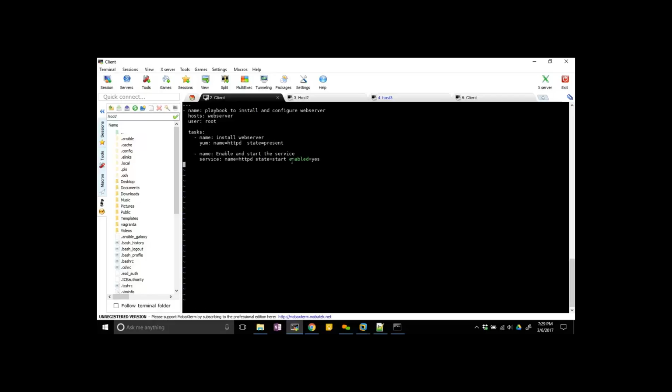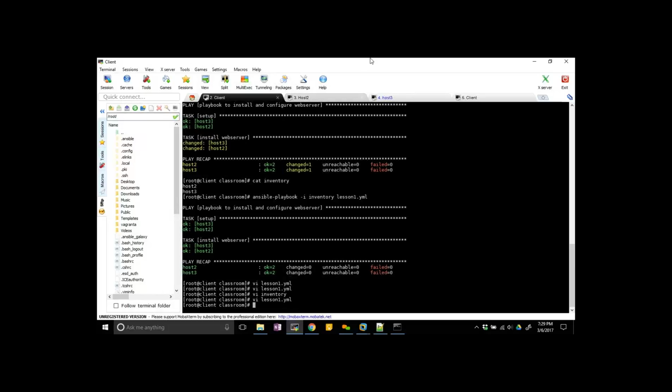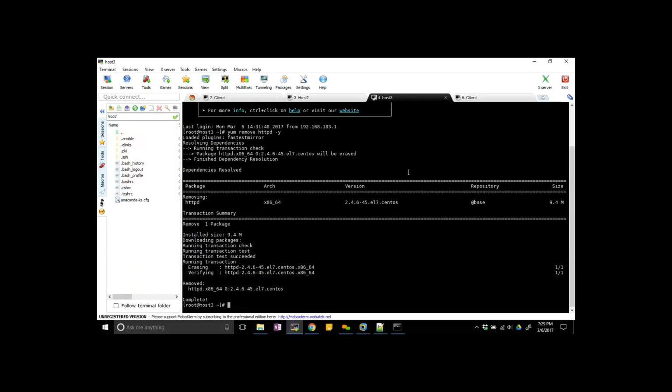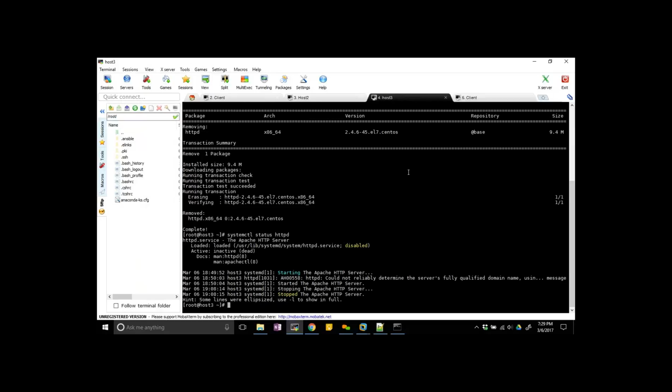So let's see. If you see here, systemctl status httpd, it says it is stopped.